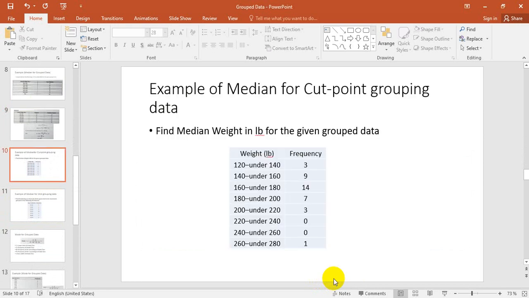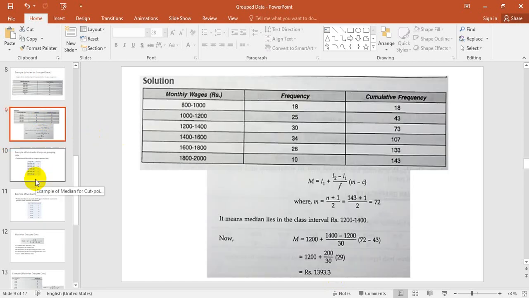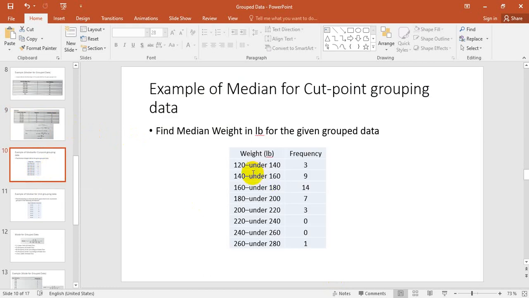Let us consider an example. I will give you hands-on practice. The example of median for cut point grouping. As I said, this type of grouping where "under" is written is called a cut point grouping. For this type of cut point grouping data set, we need to find a median score. So let us consider this example